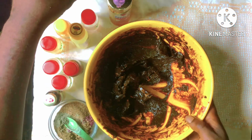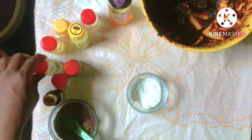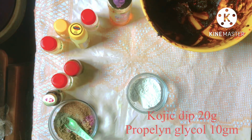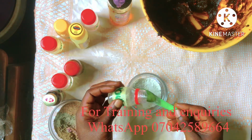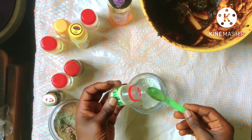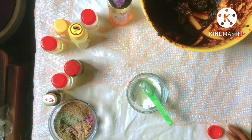Another ingredient I would like to introduce you to is our kojic dip powder. This is going to be a whitening activator powder in this formula. Now our kojic dip powder, you can't just pour that like that into your soap. You have to dissolve your kojic dip powder before adding it into your soap. I will be dissolving mine in my propylene glycol. Okay,